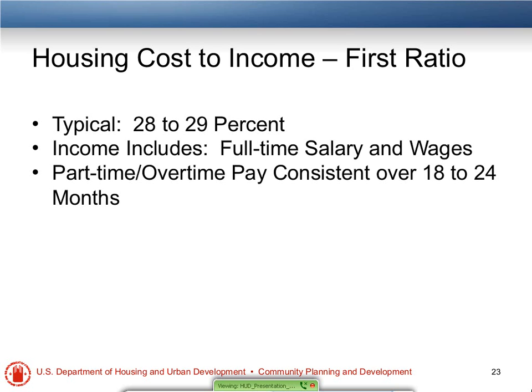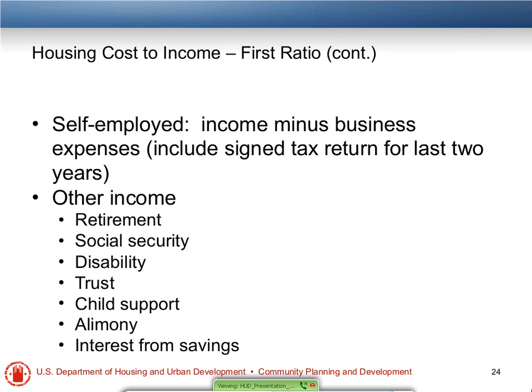It could include part-time or overtime pay if it's consistent. In other words, if they're consistently getting overtime or they're consistently working part-time hours over the last 18 to 24 months. It may also include other types of income like retirement or Social Security income, child support or alimony income